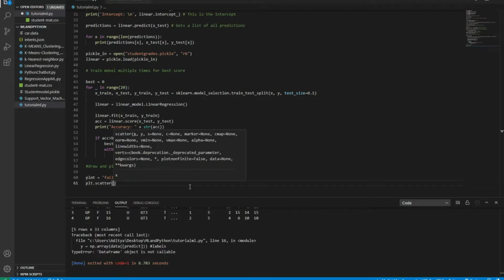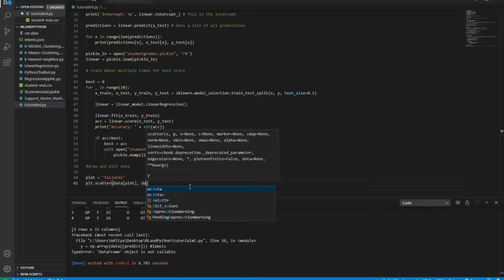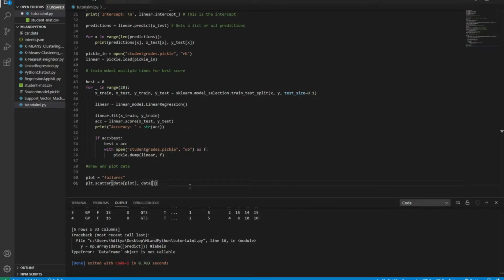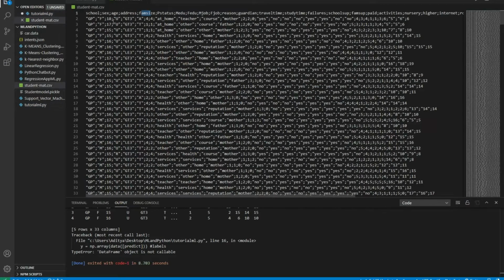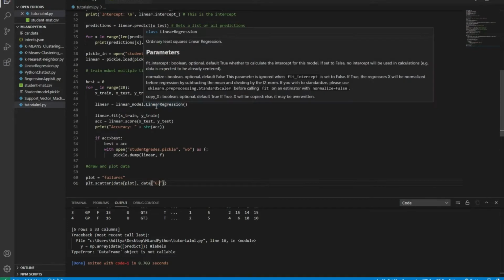Just follow along and explain everything. So we're gonna do data, parameters plot, and then data. G, we're gonna do G3 I think. I'm gonna use G3, which is age, I think it is. According to age, and then